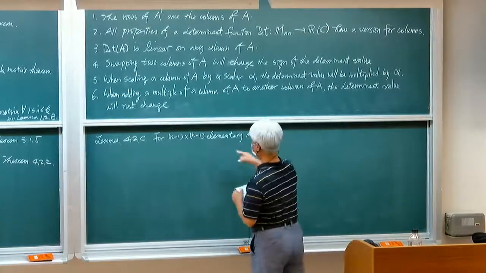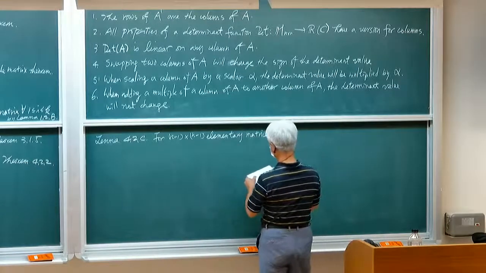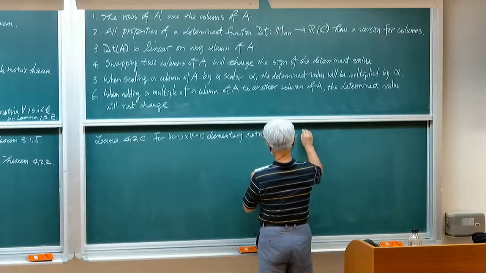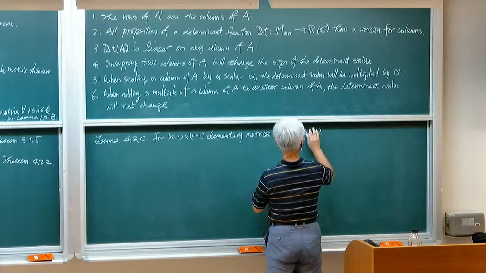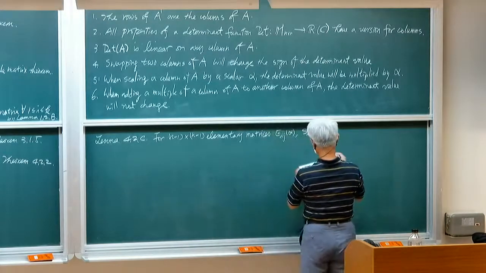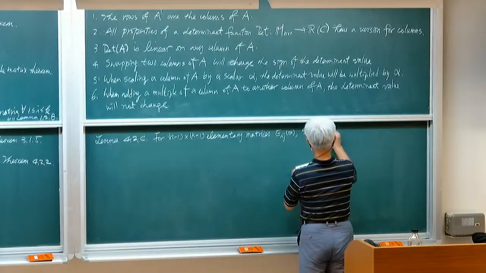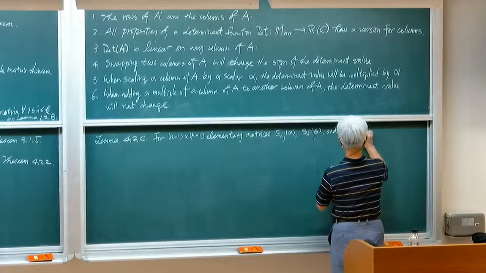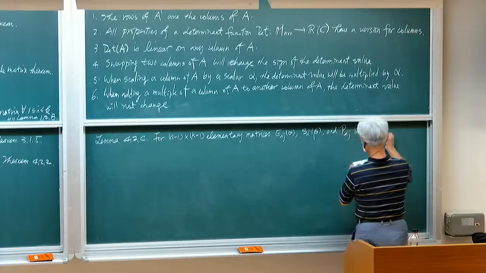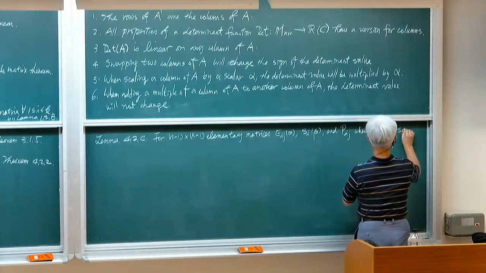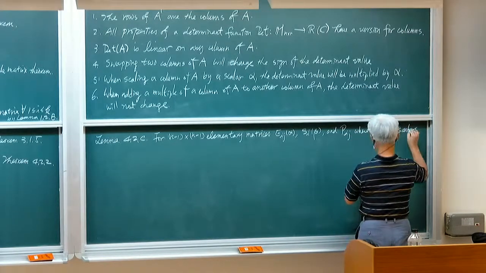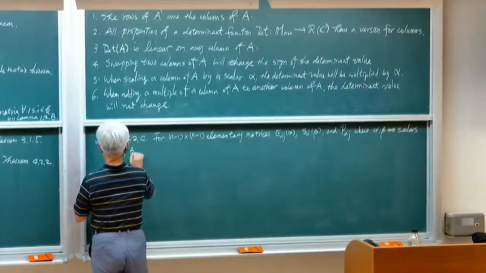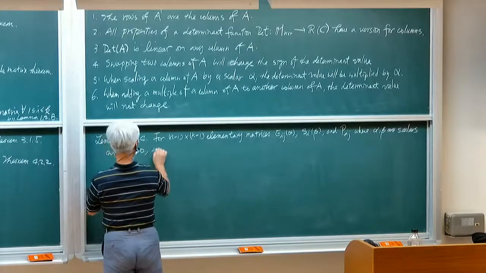So for n-1 times n-1 elementary matrices, say E_ij(alpha), Xi(beta), and P_ij, where alpha, beta are scalars, with beta not equal to 0, we have the determinant